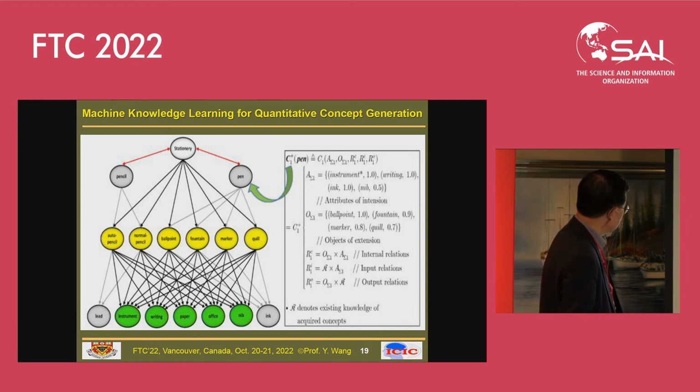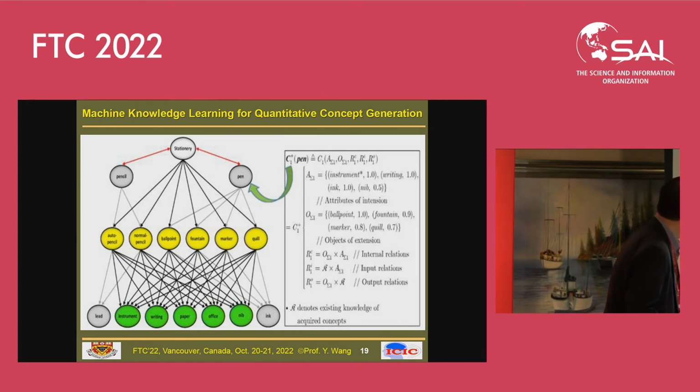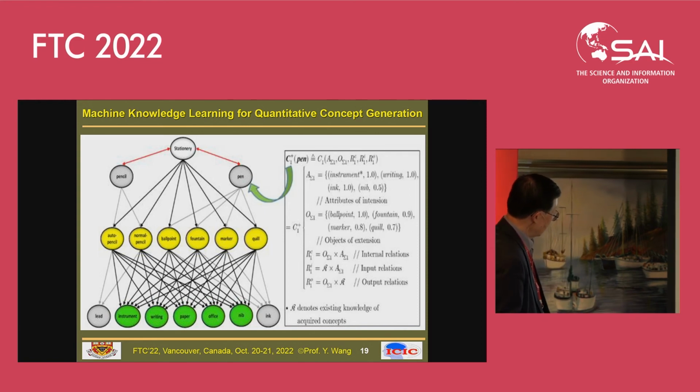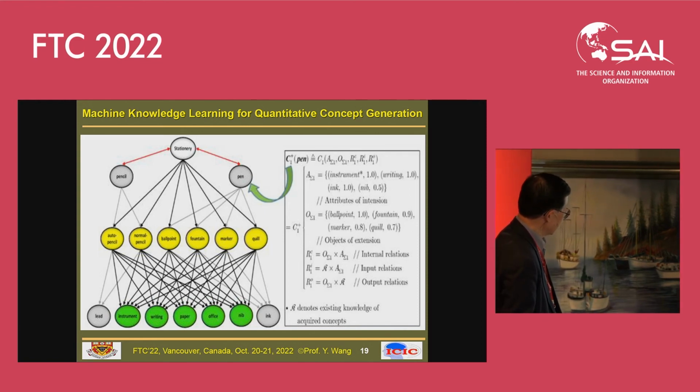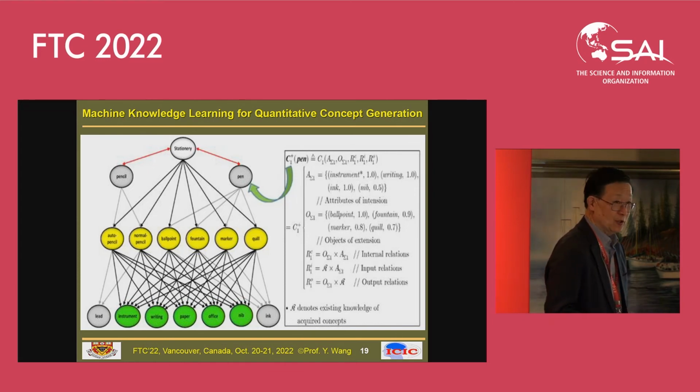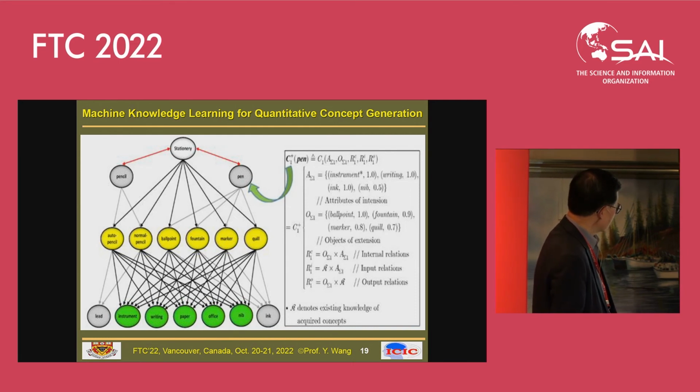And then the machine may learn something else, say, a pencil. This is a pen, and the machine can learn pencil in another way. It shares many of the same attributes, but something would be different. And eventually the machine can reason and ask, what do you mean as human by stationery? And then the machine says, okay, based on the existing knowledge, it may reason that stationery is a higher level abstract knowledge based on the concepts you already know.